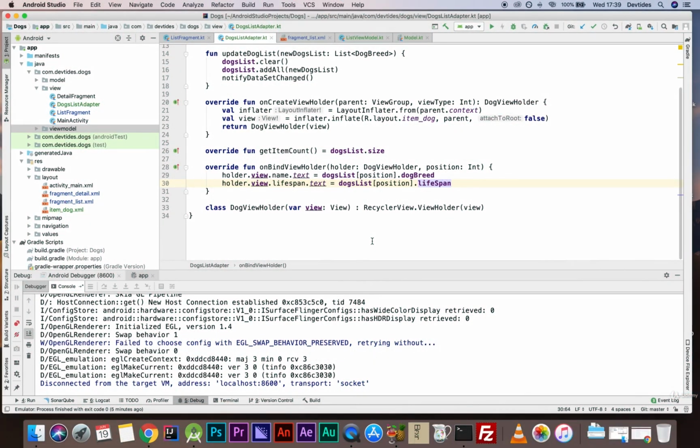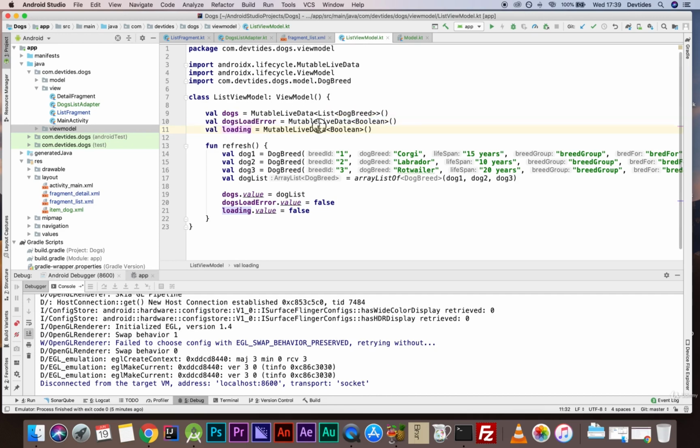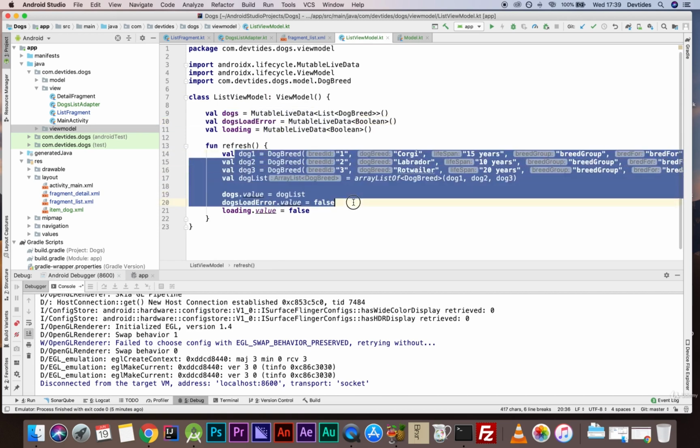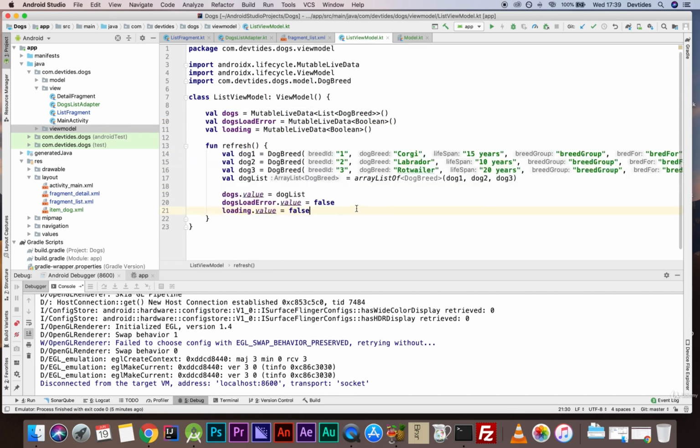Hey guys, so in this lecture I want to give you a quick challenge. We've implemented the view model for our list fragment. It's quite simple. As you can see, we just inherit from a view model, we define our variables and we set some values to our variables. Now what I would like you to do is, after this lecture, take some time and implement the same kind of structure, so a new view model class, but this time it's going to be related to